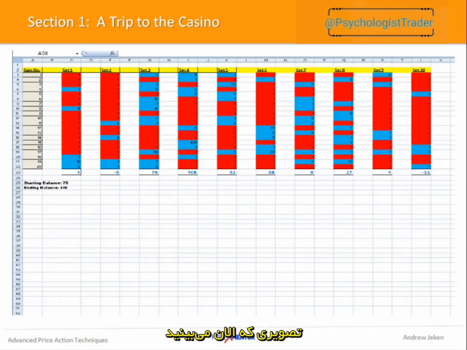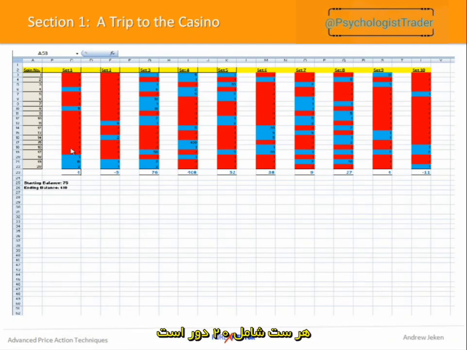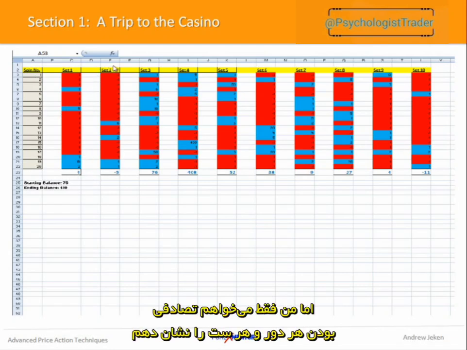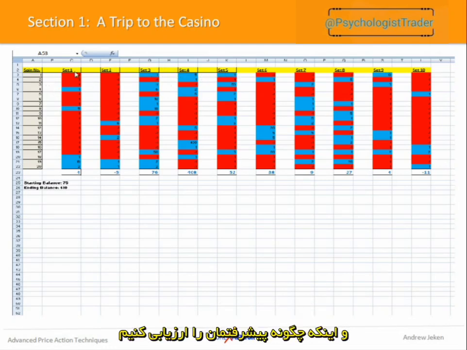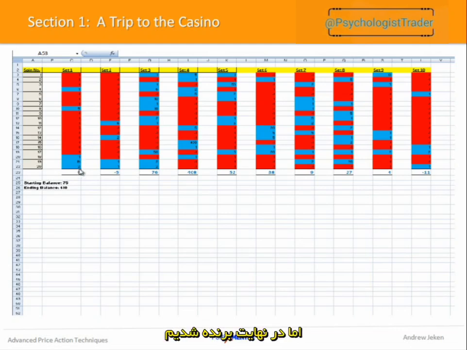What you're looking at here now is a spreadsheet that I've gone in and filled out completely. I've taken 10 sets, okay, each set lasting 20 spins. You can see slightly different figures from the first one, but I just want to show you the randomness of every single spin and each set and how we track the progress. Okay, so this represents your trading system. We start the trades and we progress, and you can see, look at the distribution of losses, look at all the losers here, but we still come out on top. Okay, so after the 20 set sample size, we come out on top.